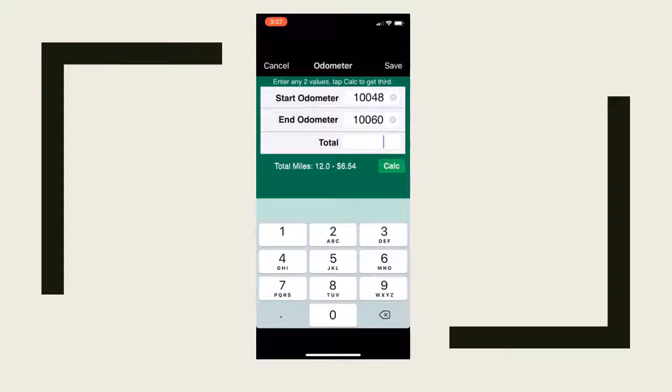Alternatively, I'm going to delete those for a second. If I look at my odometer and I know how far I went, I can just put in 12 miles and then hit calculate, and it will also do the exact same thing. So it doesn't matter which one I enter, whichever is easier for you to enter to get the information in there is great. The nice thing about this is that it actually takes into account any detours that you have to take,